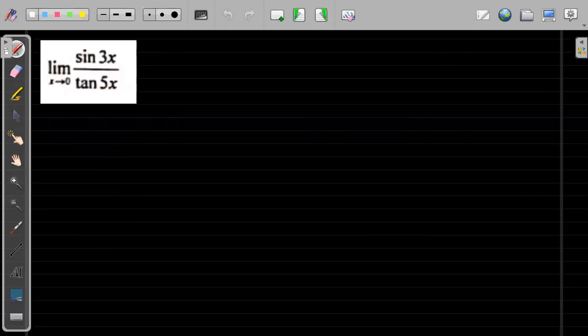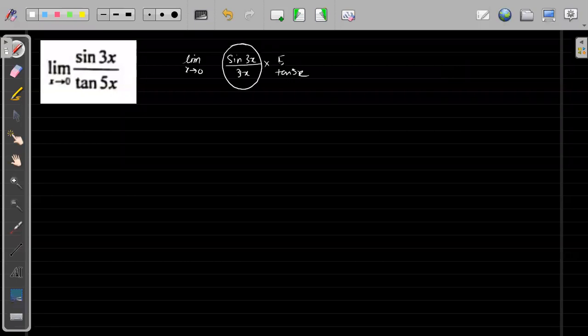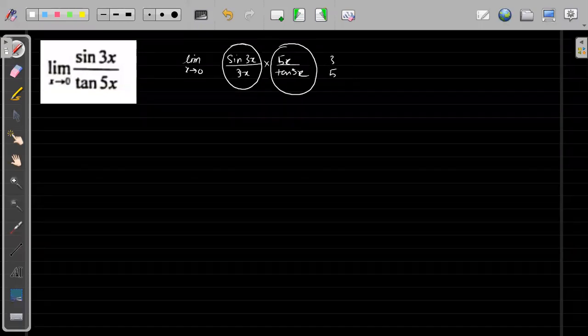We know that we can write this as the limit of x tending to 0 of sine of 3x divided by tan of 5x, right? We know sine of 3x by 3x will combine and become 1. Tan of 5x divided by 5x will combine and be almost equal to 1, right? So if we have divided x, we have multiplied x. We have multiplied 5, so we'll divide 5. If we have divided 3, we have multiplied 3. So this will become equal to 1, and this will become equal to 1. Simple as that. So I hope that the standard form of trigonometric limits is okay for everyone.